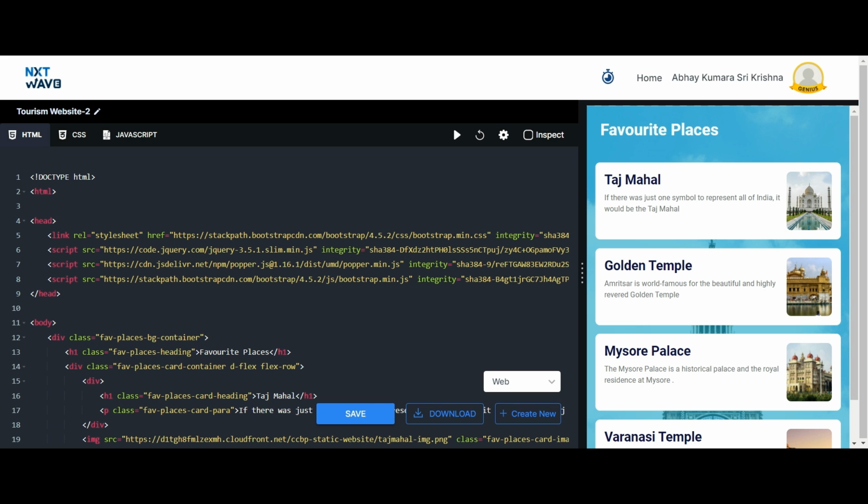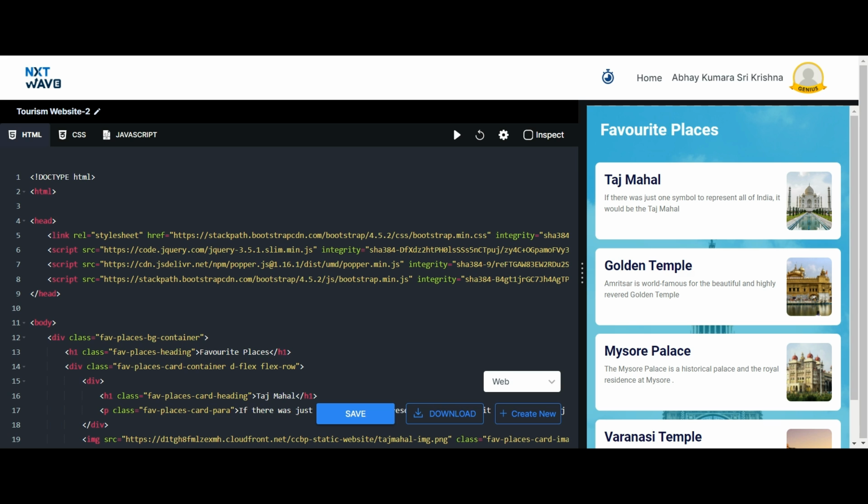I am from Vijayawada and I study electrical engineering at IIT Tirupati. In this video, I am going to show you a decent static website which I have built. I built this with the help of CCBP 4.0 program from Nextwave. So let's start. I have built this website using HTML and CSS. I have also used Bootstrap CDN to make my life easier.